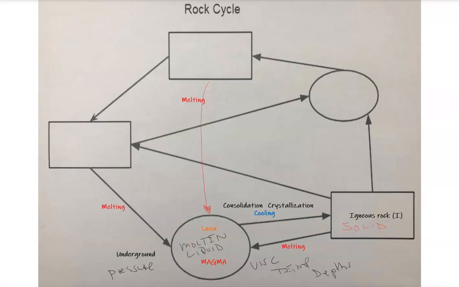And you get two processes. One is consolidation and one is crystallization. The latter is the physical forming of minerals, and consolidation is the fact of making something solid, which is the igneous rock. So based on which, there are two types of igneous rock. Extrusive means it comes from lava, so it's only on the surface. If it's intrusive, it'll be magma derived, and it'll be inside the Earth's crust, lithosphere, or upper mantle, and you have to have some sort of uplift or tectonics that's going to bring that intrusive igneous rock up to the